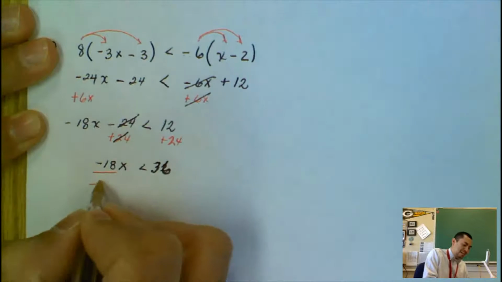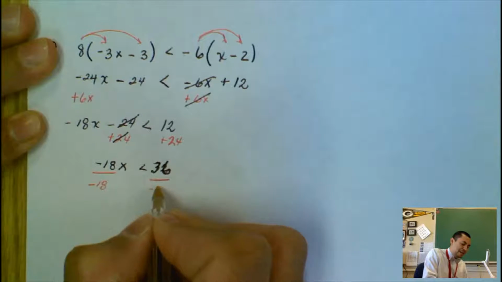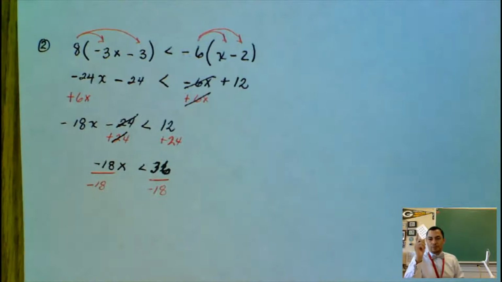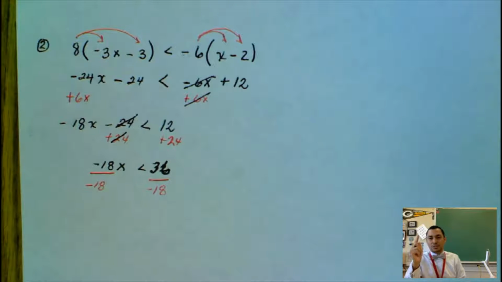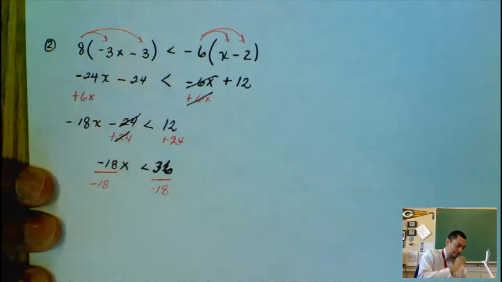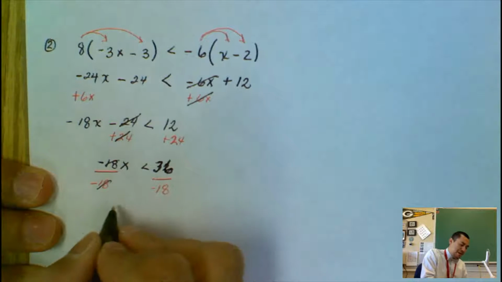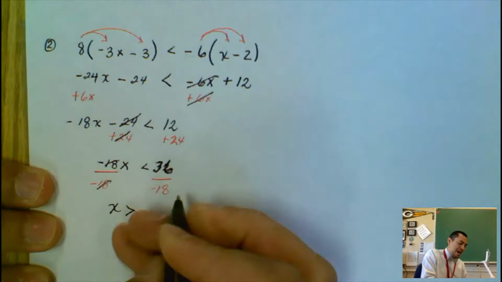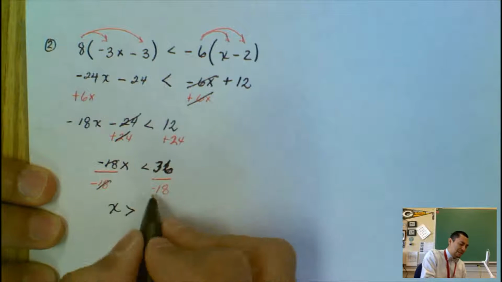This one is 36. Almost made a mistake. So divide by -18 now. Divide by -18. And remember that rule. If you divide or multiply by a negative number, the inequality sign will change direction. I call it flips, okay? So in this case, it's less. Now it's going to be greater than. I have 36 divided by -18 is equal to